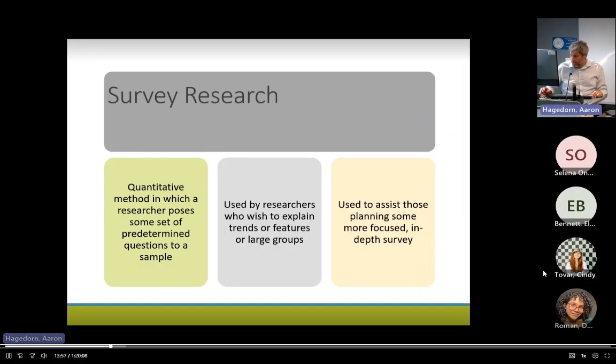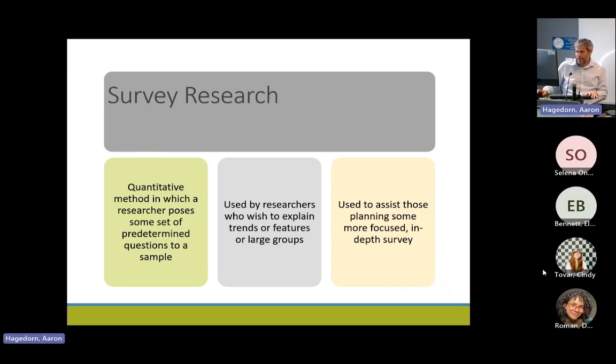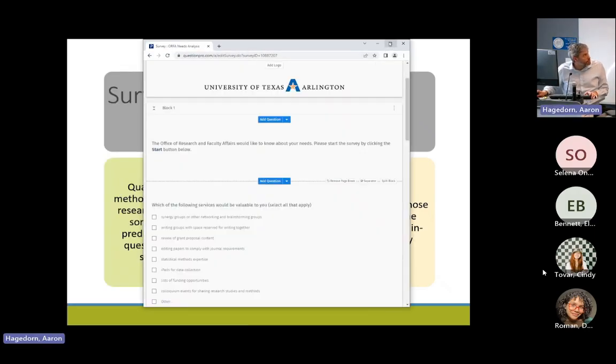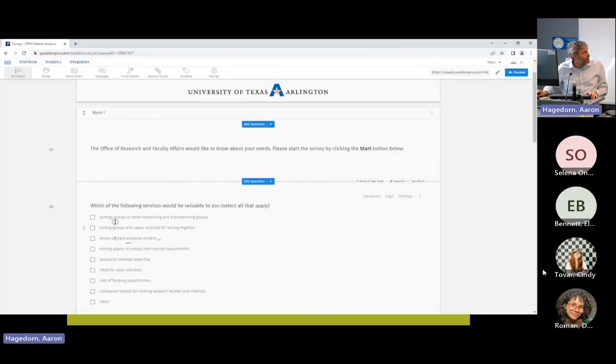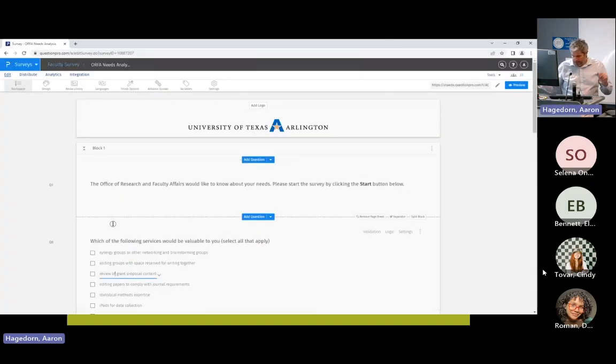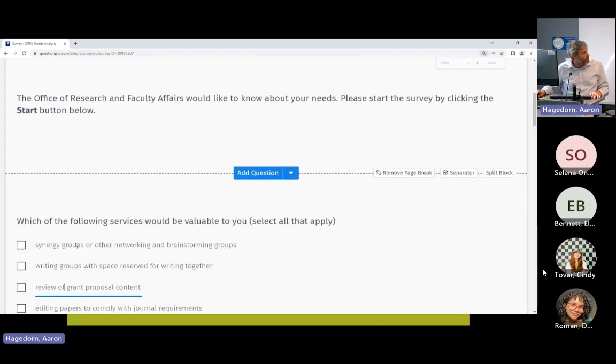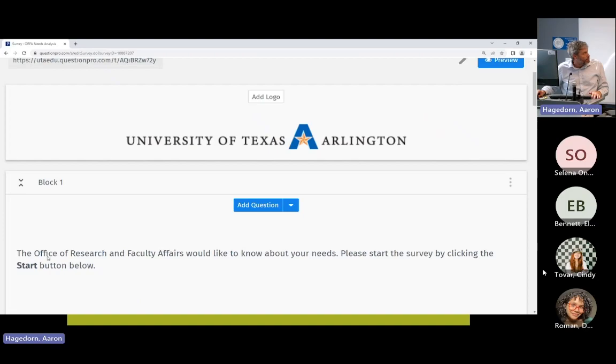So I think you all know what a survey is. You've seen surveys. Let me show you an example of a survey that I developed for work here. That is a modern thing called Question Pro. Question Pro is just like SurveyMonkey or that. So in a survey, you start off by introducing what it is that you want to know about, and